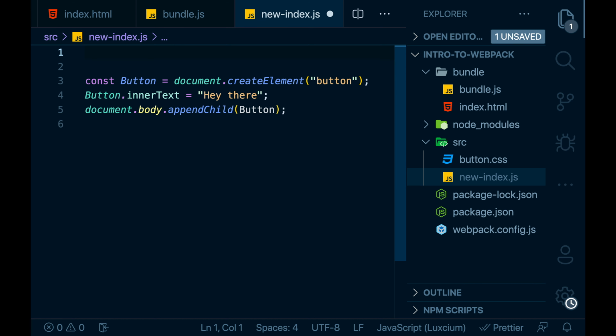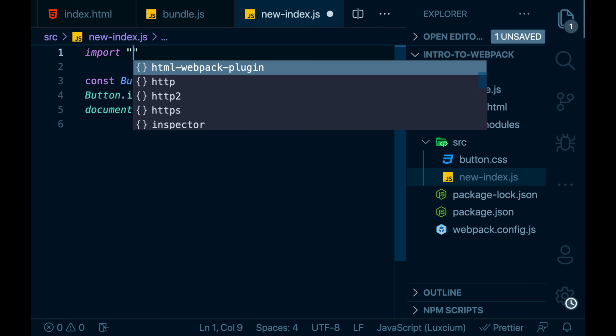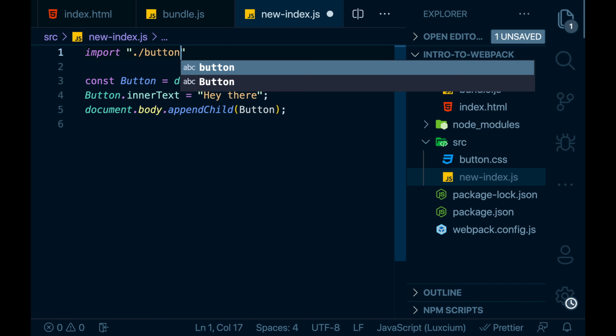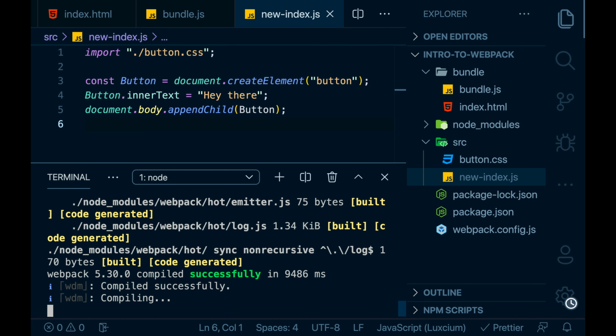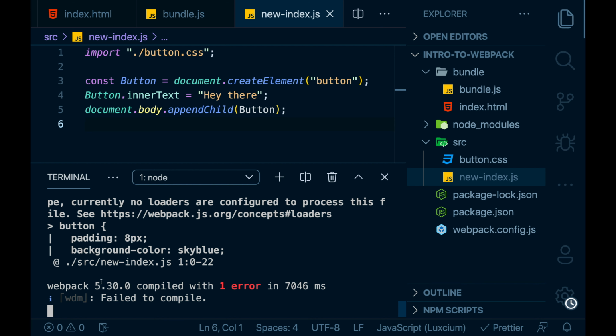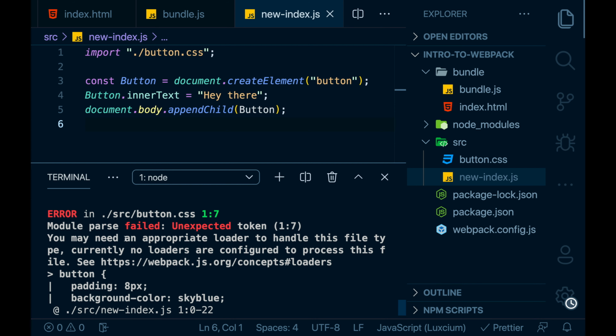At top of my file, I'll say import button.css. Webpack says it is compiling. Our compilation failed with one error, and the error says we may need an appropriate loader to handle this file.